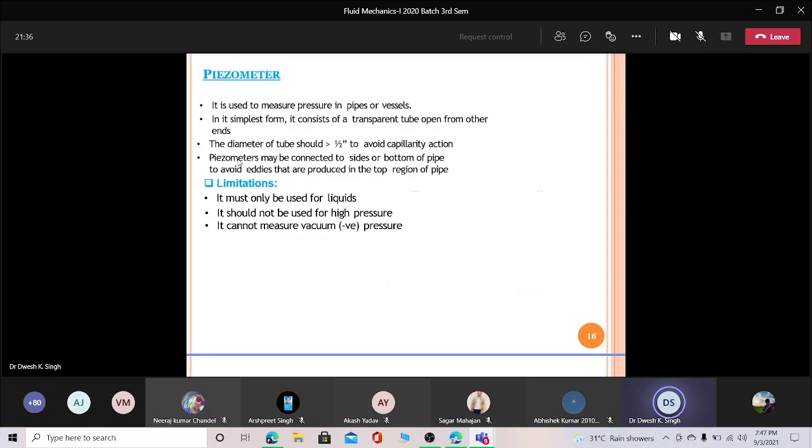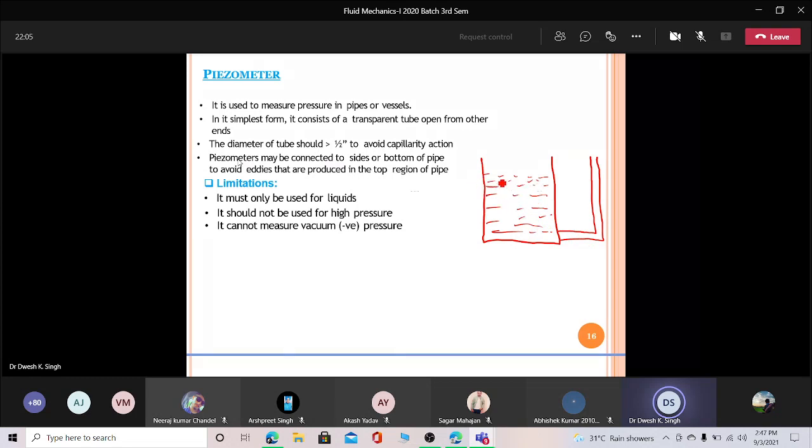So now let me discuss first the piezometer, the very conventional piezometer. The shape of this piezometer is like this. Let me draw a piezometer here. This is our example of the piezometer. So let us suppose there is some liquid inside this container. Obviously, if there is some liquid inside this container, it will exert pressure due to this height,